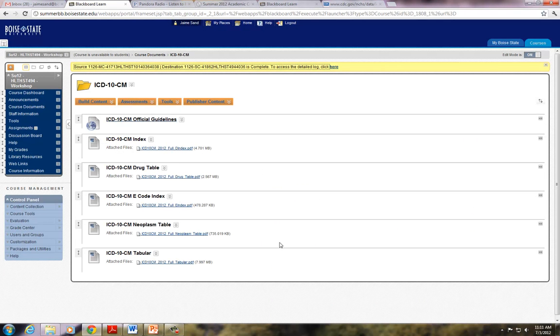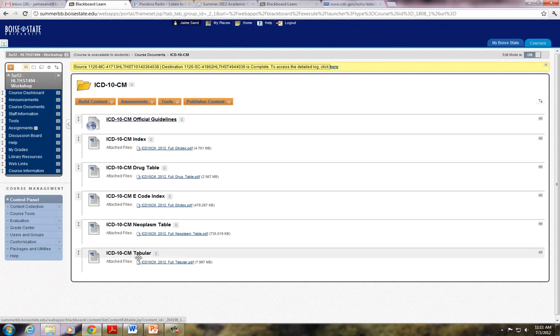So going back to our folder here, next we have our indices. Those of you familiar with ICD-9, these probably, hopefully look really familiar to you. They are all the same tables and indices we had in ICD-9. For those of you not familiar, we will be looking the majority of the time at the index, which is used similar to a dictionary, where you look up words to find codes, and then those codes can be referenced